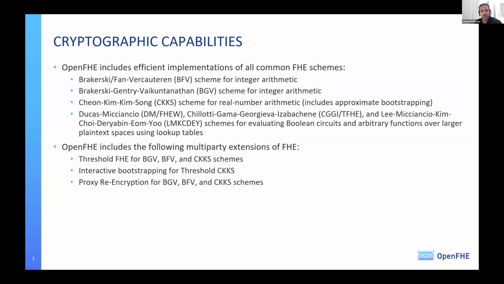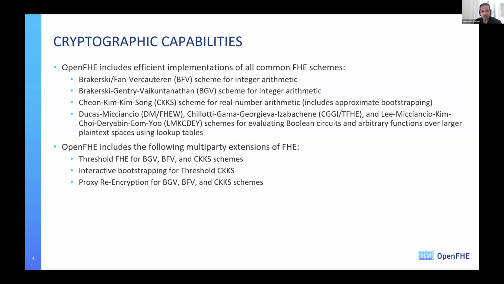We also have a feature called interactive bootstrapping for CKKS. That means, again, in threshold CKKS, if you have two parties and they want to refresh a ciphertext, they can do it together. They can run an interactive protocol. It's a single-round protocol, and it's much more efficient than the single-user bootstrapping, which is done on the server.